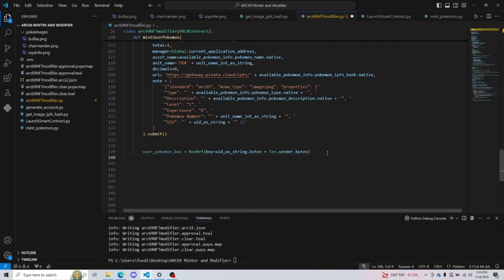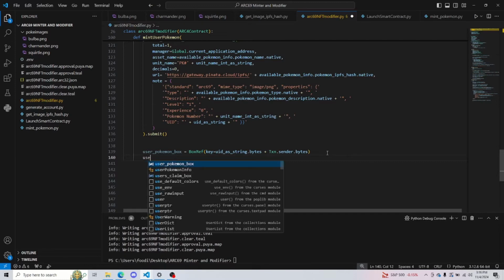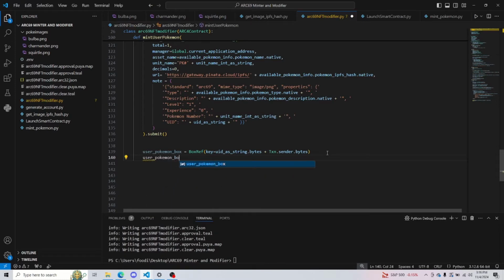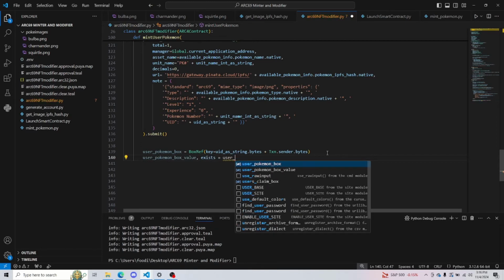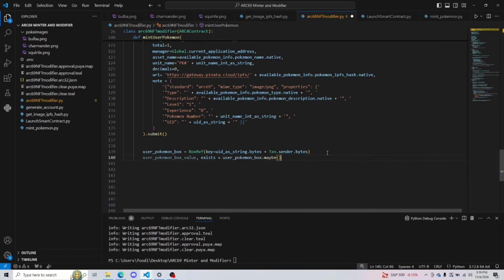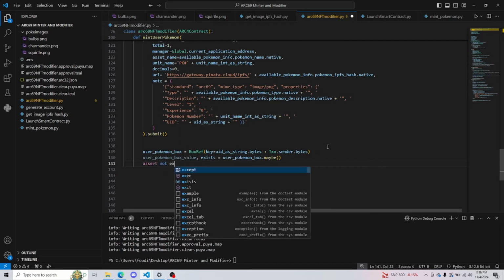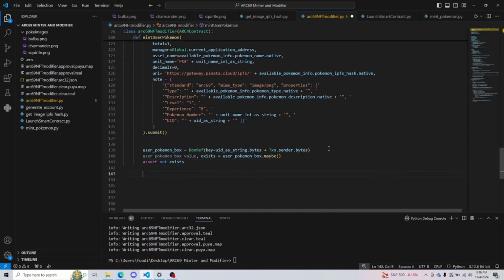And then we're going to make sure it exists. So user Pokemon box value, whether or not it exists, is equal to user Pokemon box dot maybe. Assert that it does not exist, we're going to create this user Pokemon box,